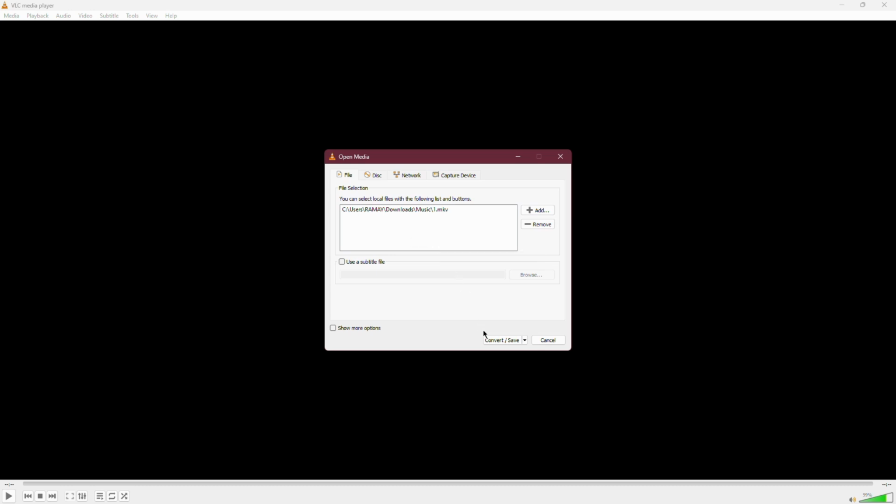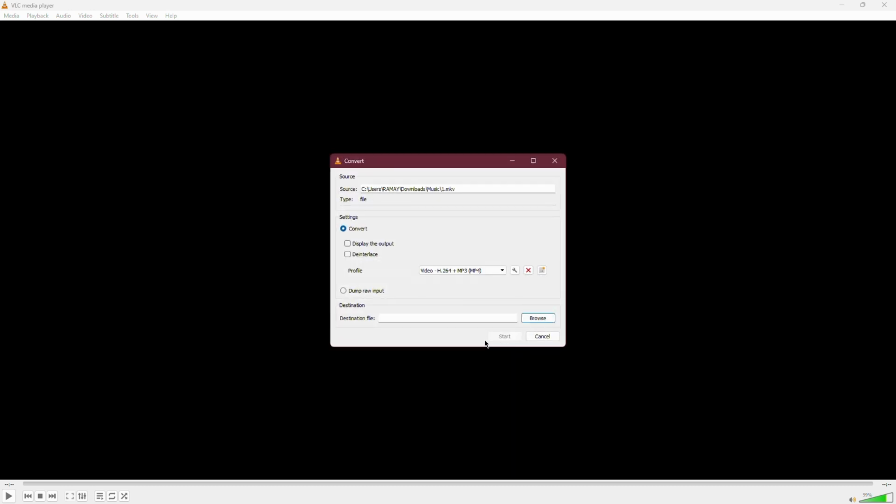Next, click on the Convert/Save button at the bottom of the window. This will bring up another window where you'll set the conversion options. Here, under the Profile section, you'll see a drop-down menu. From this menu, choose the option that says Video-H.264 plus MP3 MP4. This setting ensures that your video is converted to the MP4 format with the appropriate video